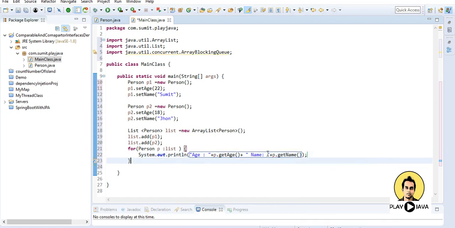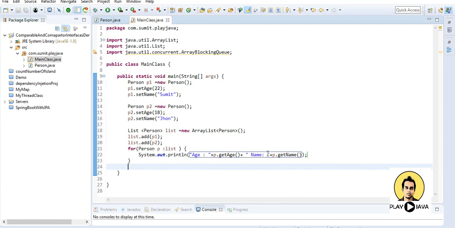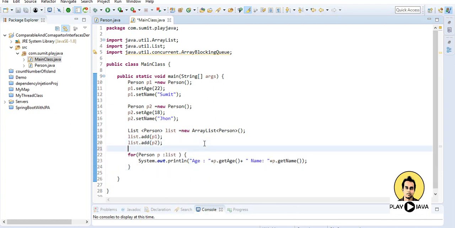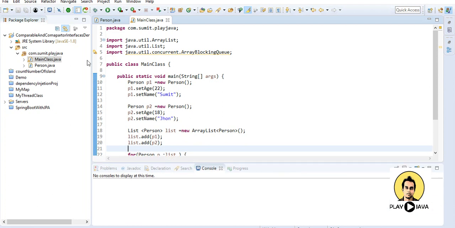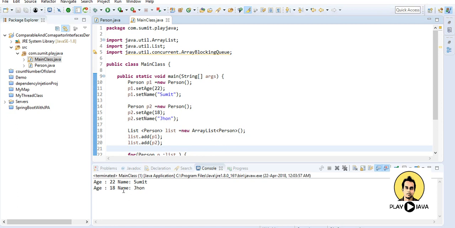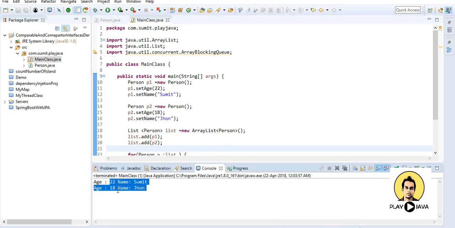So this is fine. I am not using any sorting technique here, I am just printing the data. Okay, so I will just run this class. See, no sorting has been done, it is just giving the entries as they have been stored in the list.